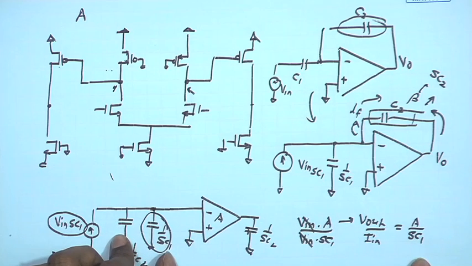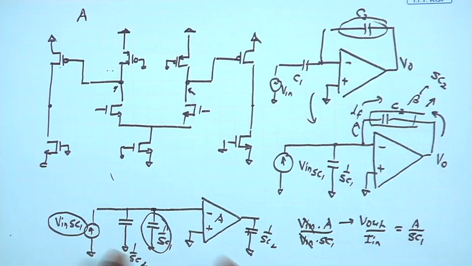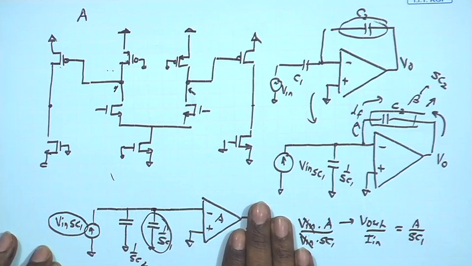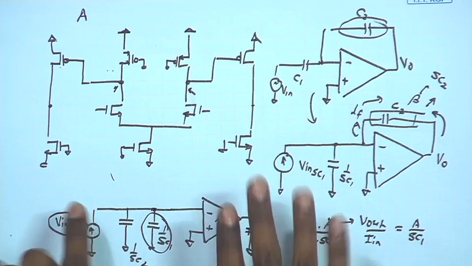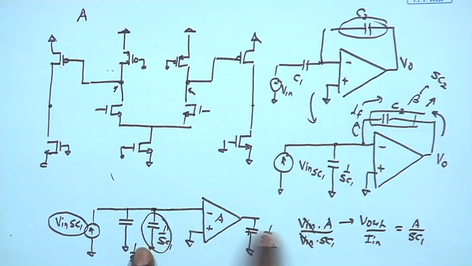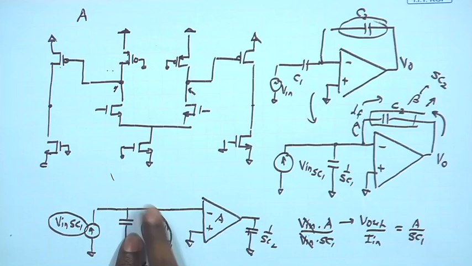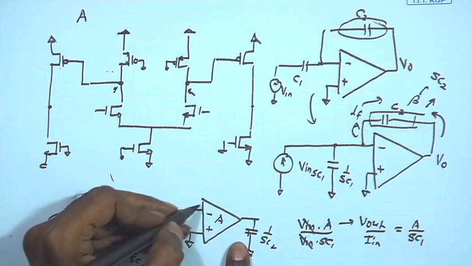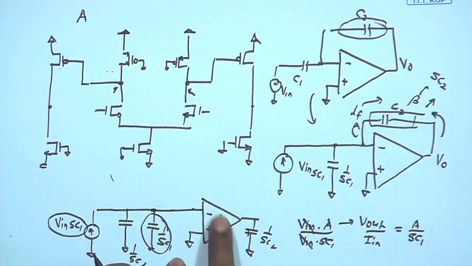This is clear, because effectively we are modeling this as a current to voltage amplifier. We are treating this as a current source. So, we are looking at the output voltage, which is V in SC1 multiplied by 1 upon SC1, that is V in only, V in times A, because this is our amplifier. So, V in is the signal appearing here times A, that gives us V in times A voltage over here,